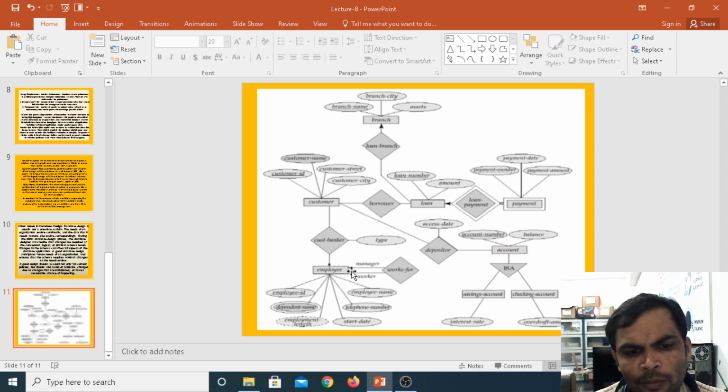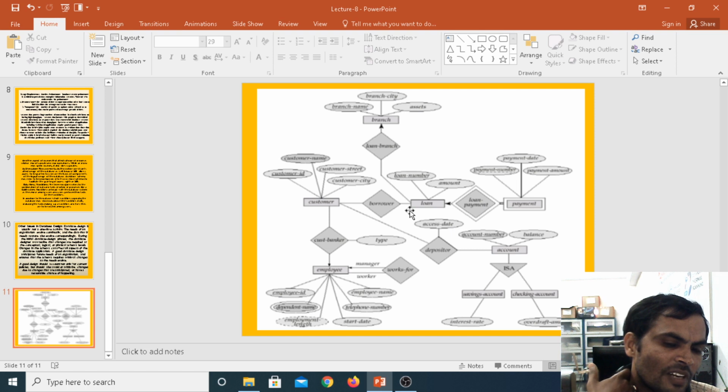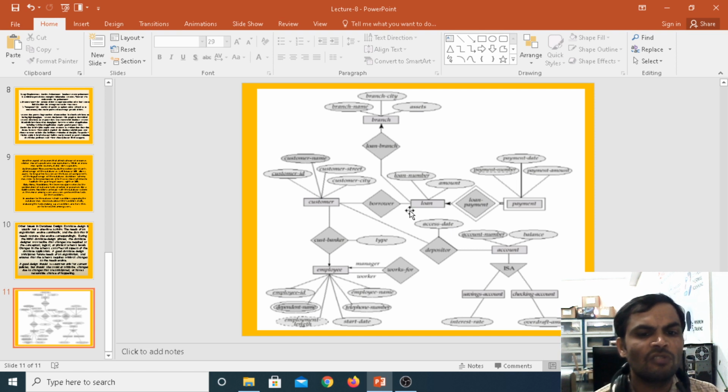Now coming to the employee to the works for relationship, between the entity and the relationship. This we can call a unary relationship, not a binary relationship. Employee manages works for employee. Sometimes they may ask for a 5 marks question, a daily life example for designing an ER diagram in your university exam. Maybe the library, the banking application, or hospital management. They can ask any diagram for a daily life example in your theory exam.